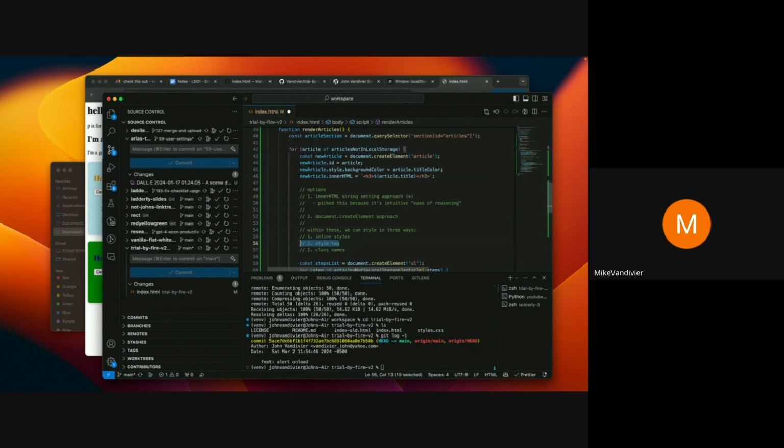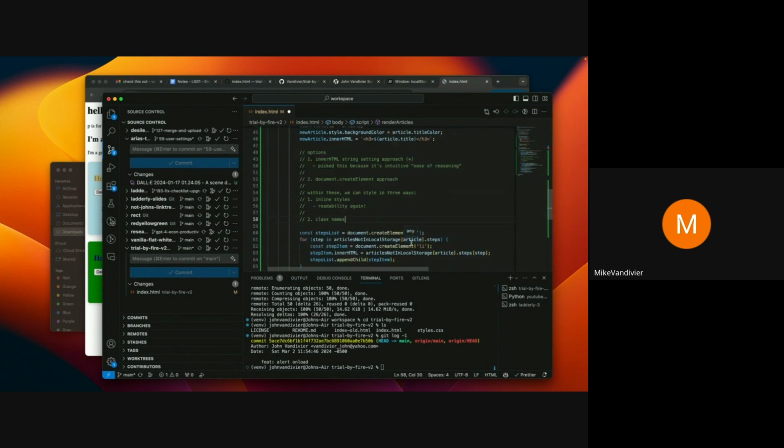When you're doing a loop where you're already setting everything, the inline style I like more.